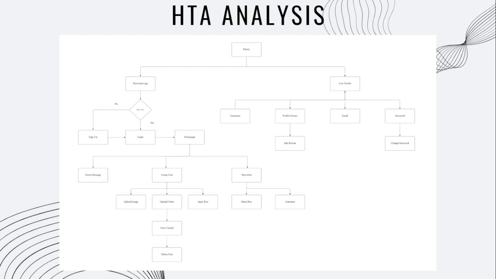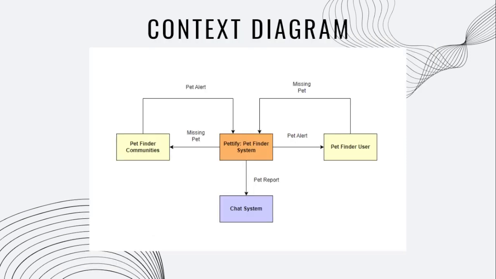In the user profile, you can see your username, your profile picture, your email, and your password. And you are also able to edit your profile picture. Moving on is the context diagram. This is the context diagram for Pettify. So as you can see, there are three